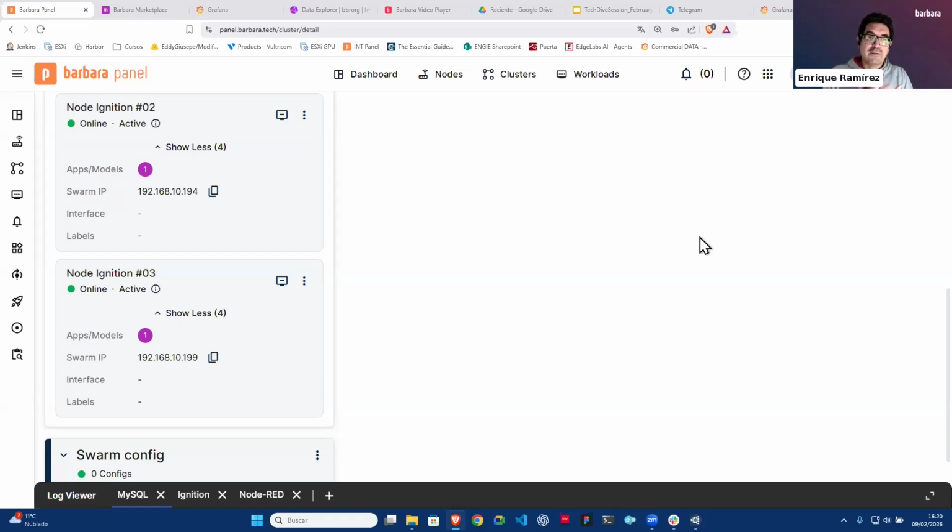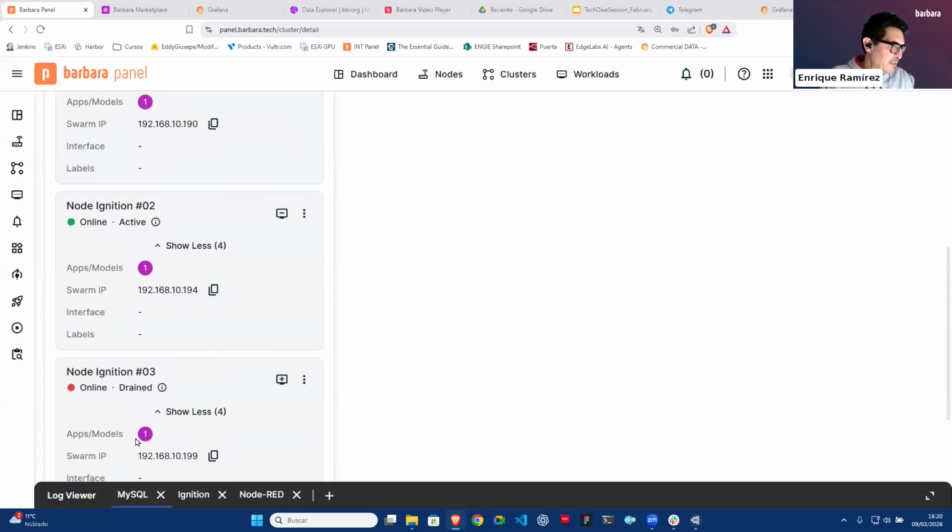Okay. So what I will do in this case is just say, okay, I will drain this node. Draining a node is indicating to the node, okay, I'm going to install a new firmware on you. Please move your workload to all other available nodes in the cluster. Okay, so I will just drain this node, and I will see that this application will move to one of